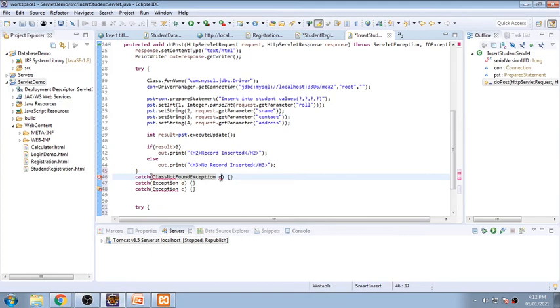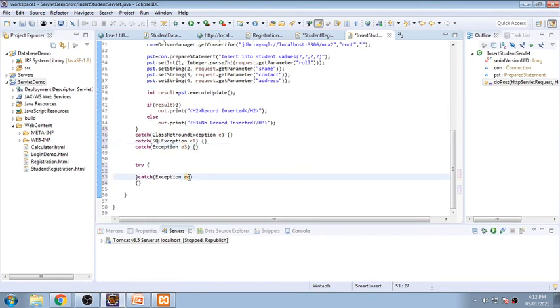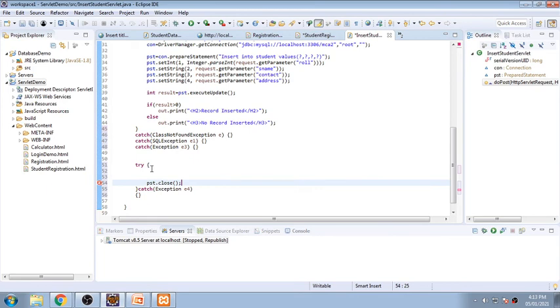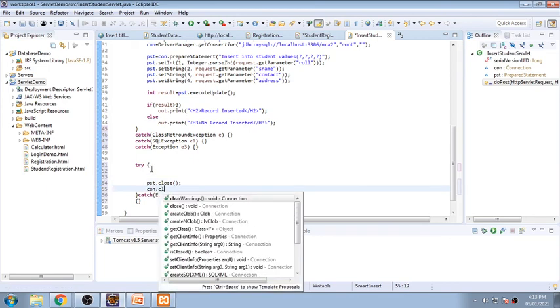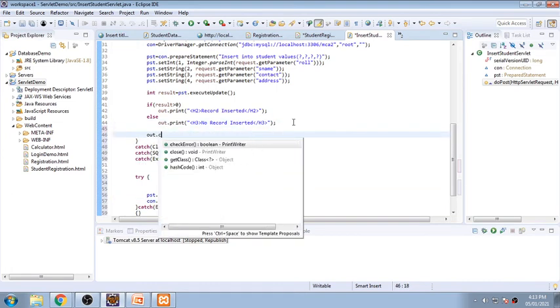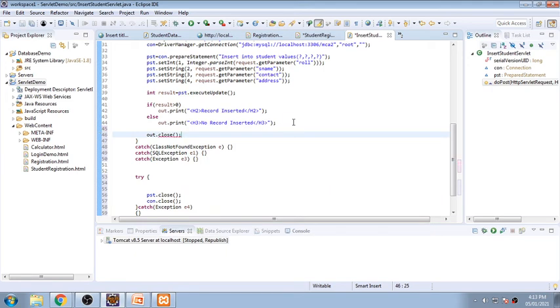This is SQL exception E1, and there is an exception called E3. In the same way here I will call it E4, and here I will need to close everything. So PST, that is prepared statement dot close, and connection dot close, and after this I need to close my output also. So out dot close.